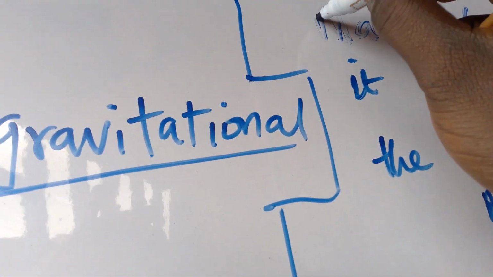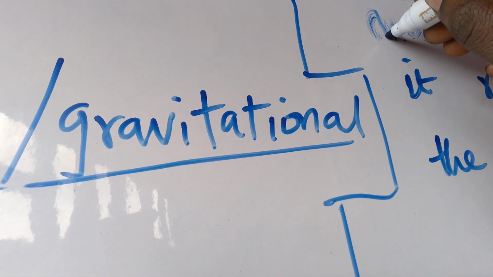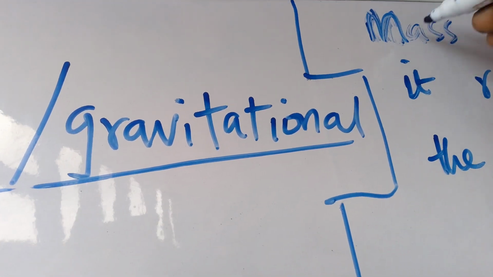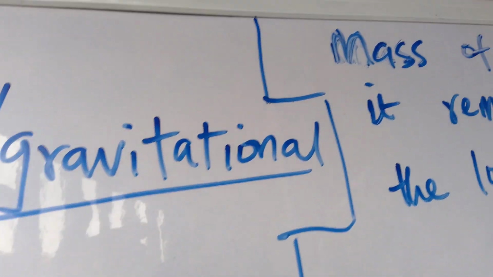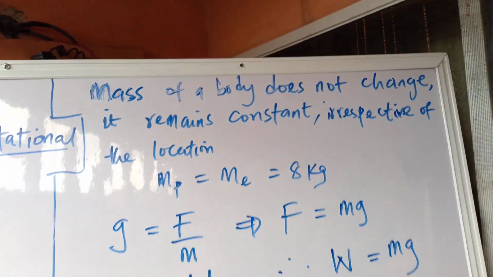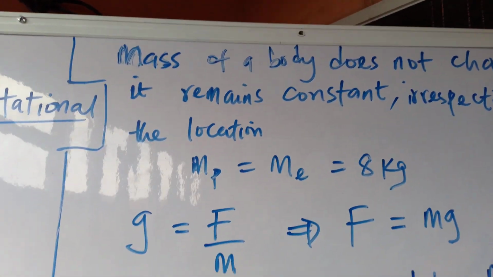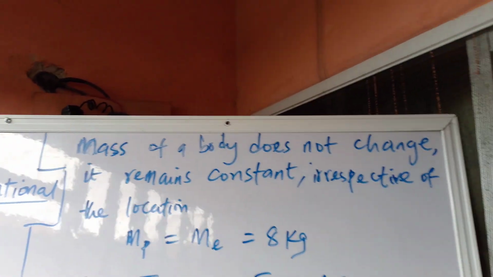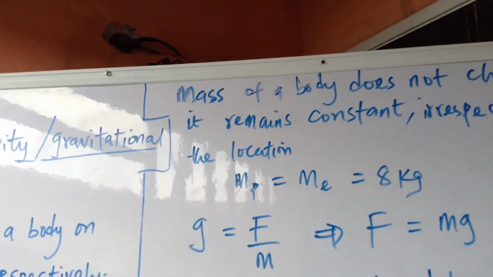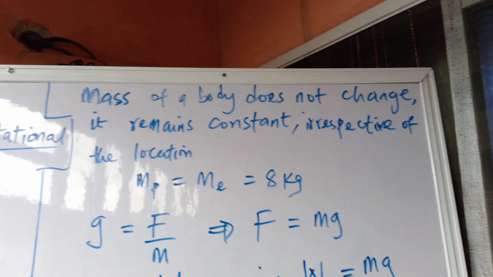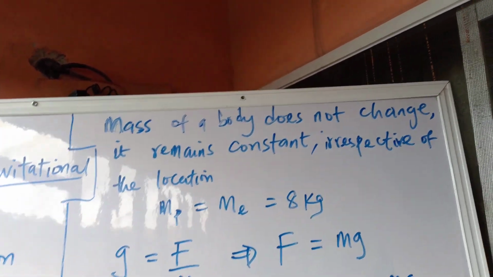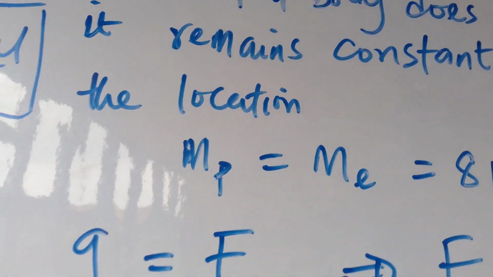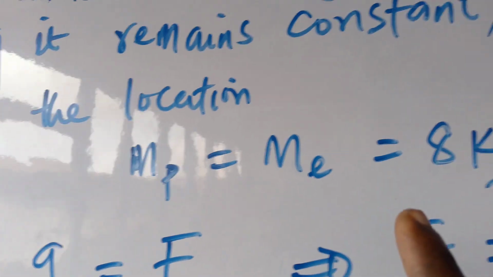So we have this as the mass. The mass of a body does not change. It remains constant irrespective of the location of that object. So it means the mass of the body on the planet will be the same thing as the mass of the body on the Earth, which is